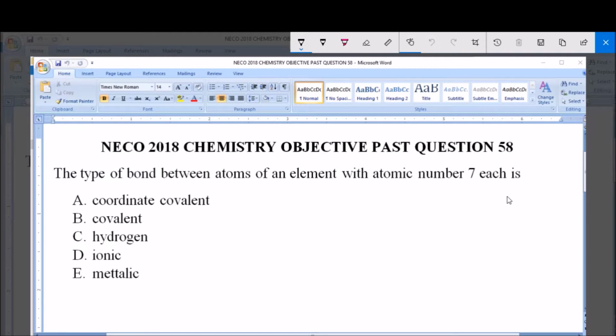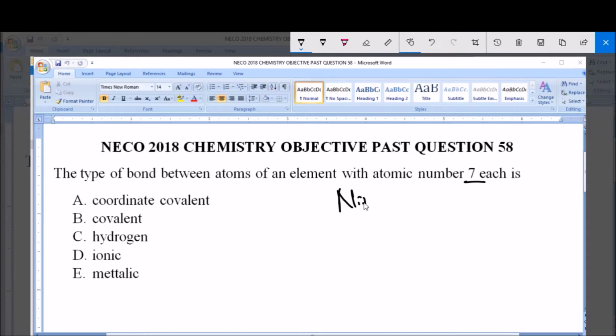I'll be answering NECO 2018 Chemistry Objective Past Question 58. The type of bond between atoms of an element with atomic number 7 each is A. Coordinate covalent, B. Covalent, C. Hydrogen, D. Ionic, and E. Metallic. Now, the element with atomic number 7 from the periodic table is